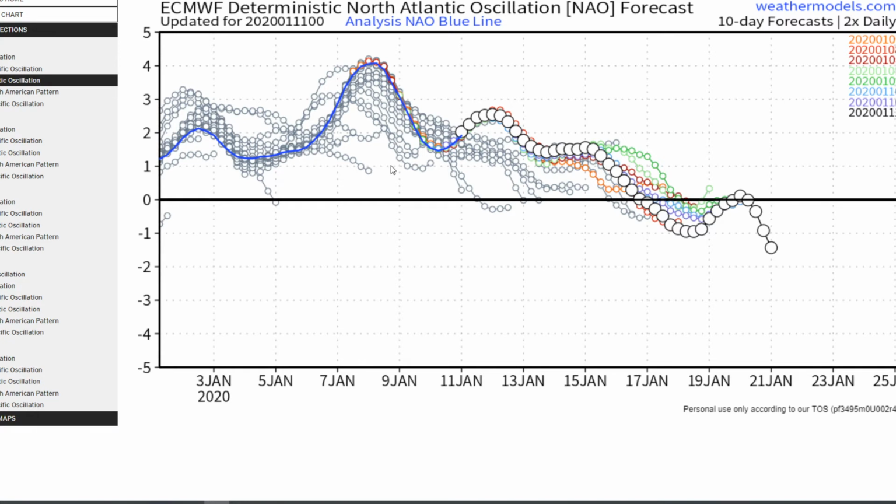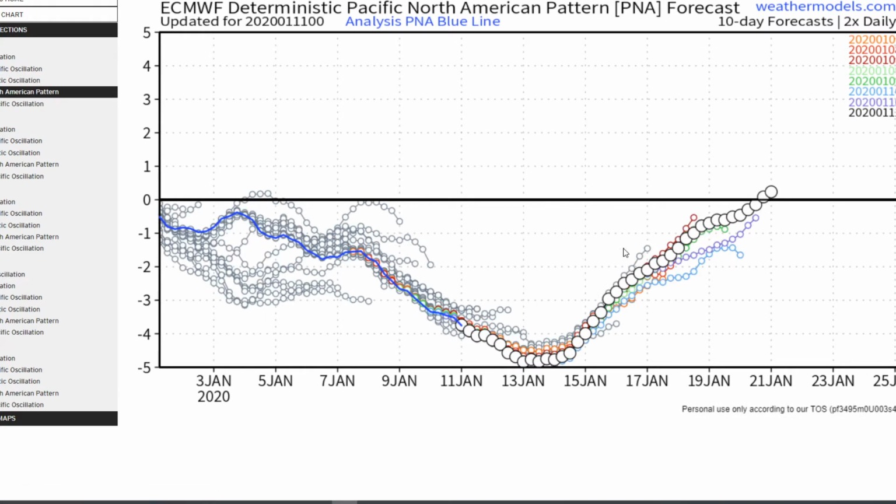So this is a really good pattern signal for people in the eastern United States if you do want some cold and snowy conditions. Now here's the PNA, and the PNA, this one you want positive for colder temperatures in the eastern Canada and the eastern United States, because that does cause ridging out west. So you're going to start to see that right around that 19th through 21st time period, and potentially even lingering into the 23rd. And these pattern changes, these last for 4 to 6 weeks,